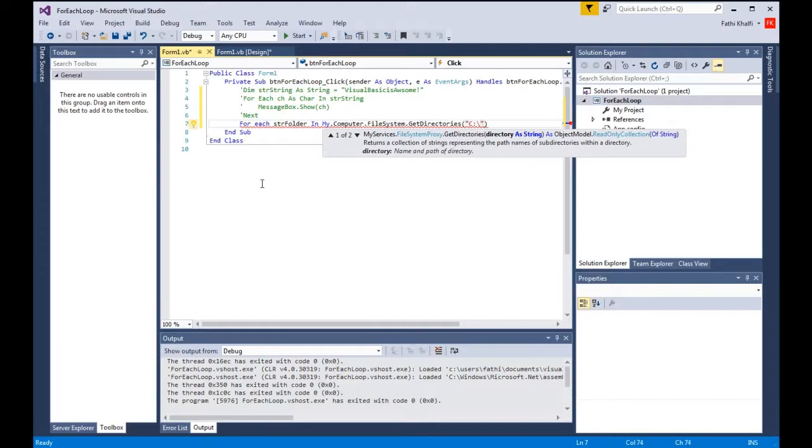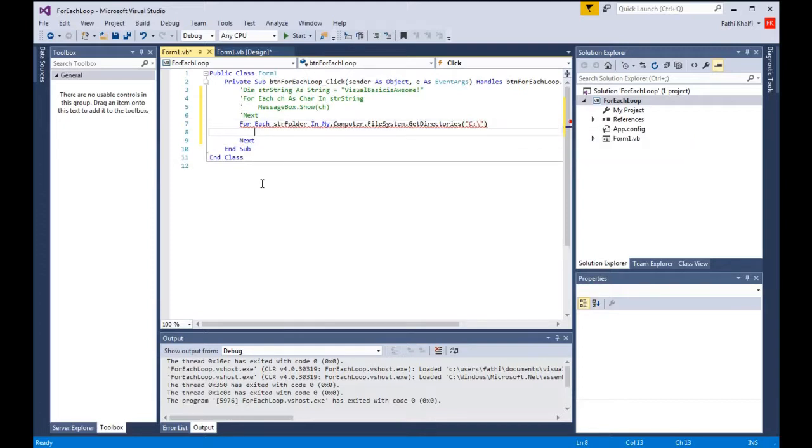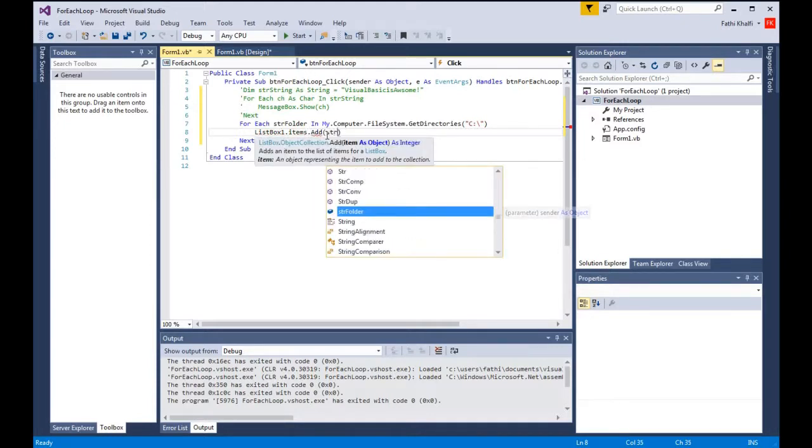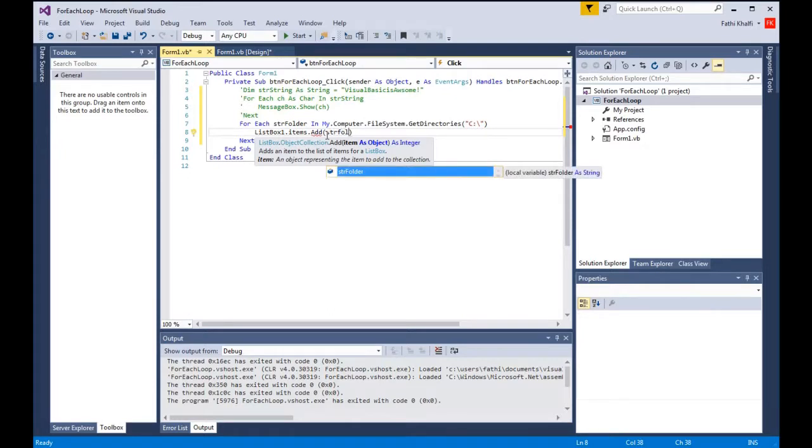// and come here. Now I'm gonna have to display these folders in my list box. I'm gonna say ListBox1.Items.Add. Then I'm gonna tell it to get me that from the folders, str folder. Alright, okay,